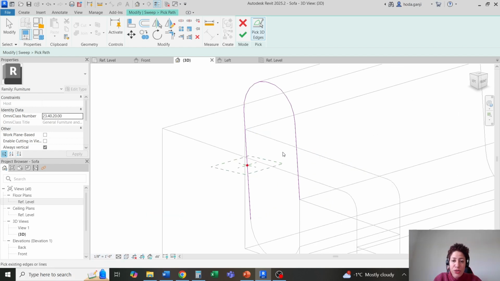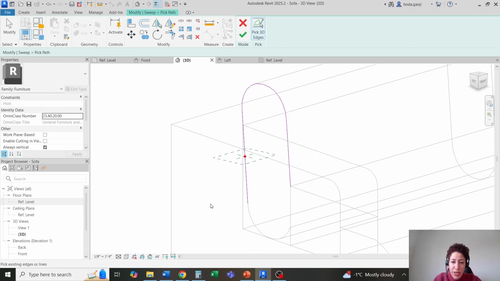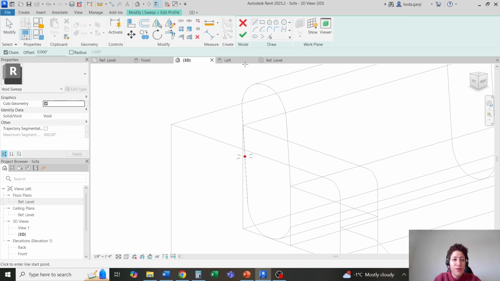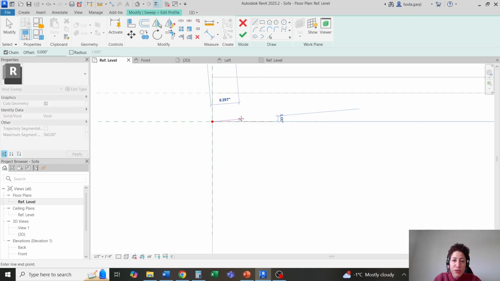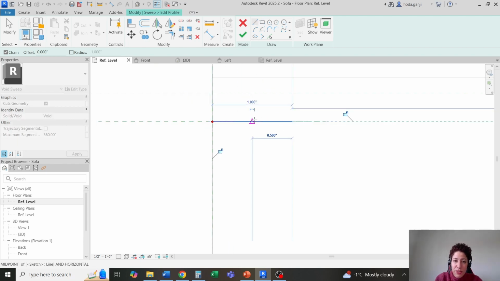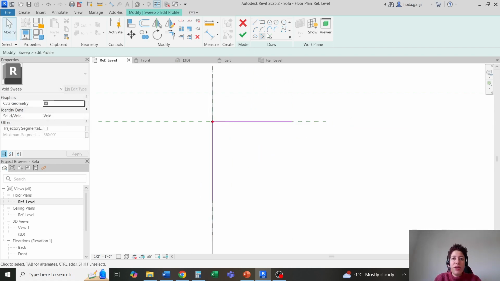That should be good. Only the top part can be cut. You can keep going with the rest, but I think it's good. I'll finish this. Edit profile on the reference level. First, I'm gonna draw two lines, maybe 1 inch and 1 inch. Then I'm gonna fillet them, let's say by half an inch,